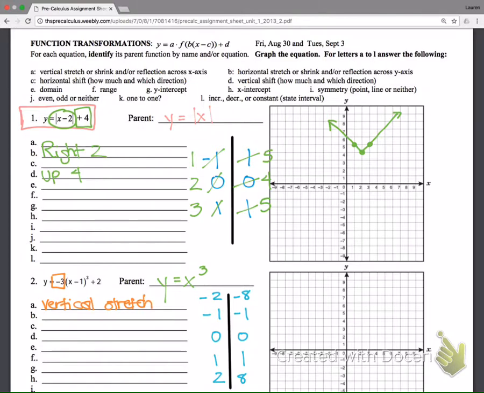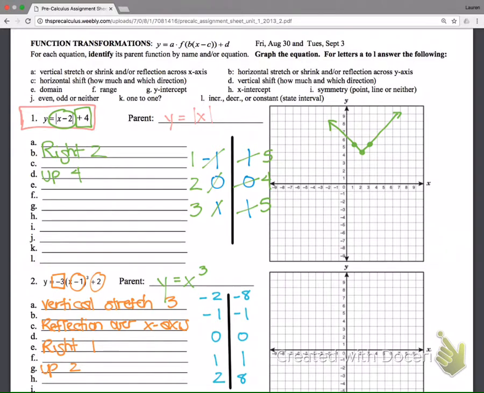It's a reflection. What is it reflecting over? X-axis. Good. Now we also have a -1 inside. What does a -1 inside do? Right 1. And what's the +2 at the end do? Up 2. So now if I was to do all of those transformations to my table that I have here,